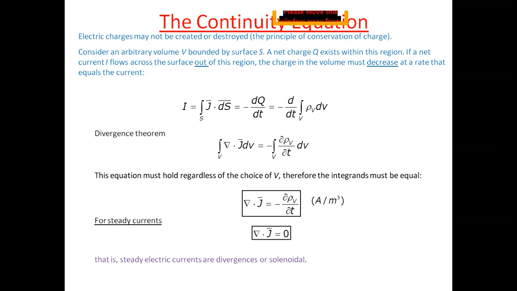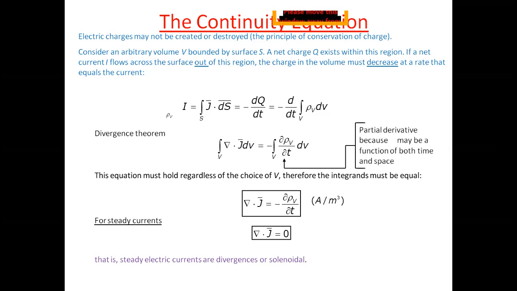That is the relationship between the current and current density: I is equal to the integral of J dot dS, that is equal to minus dQ by dt, that is equal to minus d by dt of the integral of rho v dv. According to the divergence theorem, the integral of del dot J dv is equal to minus the integral of partial rho v by partial t dv. This equation must hold regardless of the choice of the volume v. Therefore, the integrands must be equal,